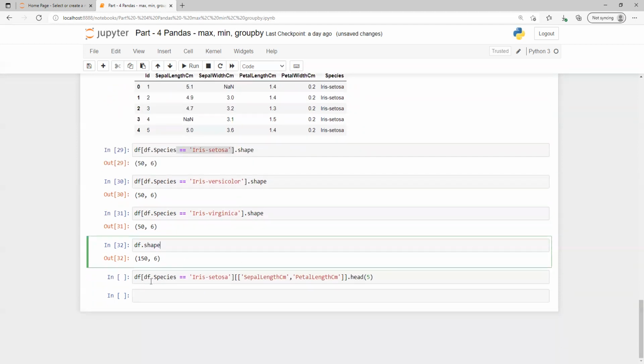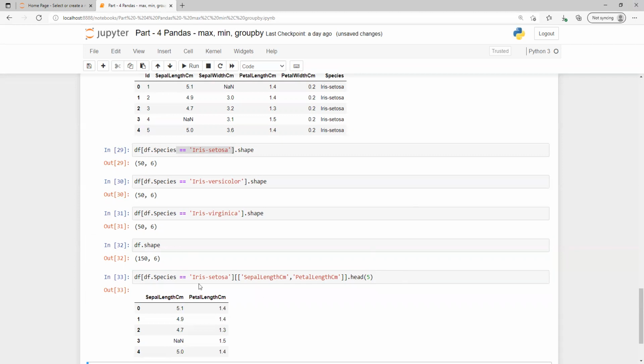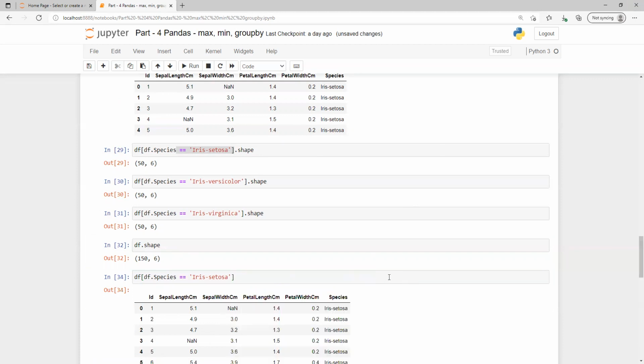Okay, now there's another thing I wanted to do. I'll try this one, and then I will explain what I want. So for this data set, if I go ahead, I will cut this one. Now if we run this, we got the data set. Now someone is saying once we get all the data where we have this type of species, I need only selected columns, not all the columns.